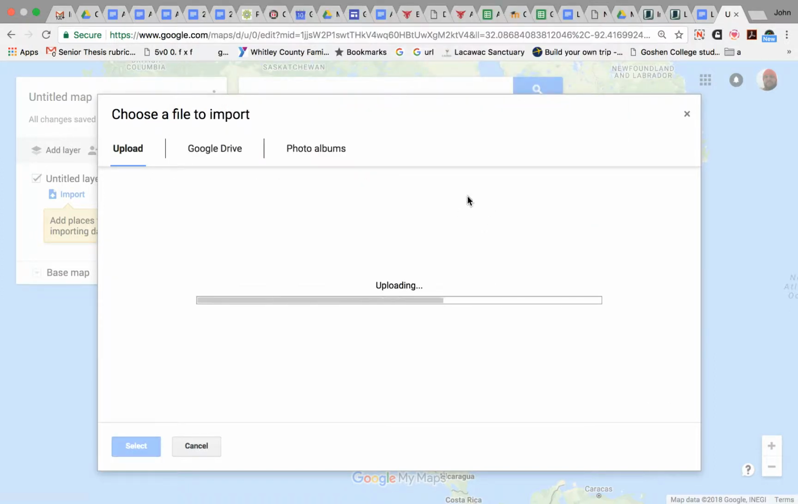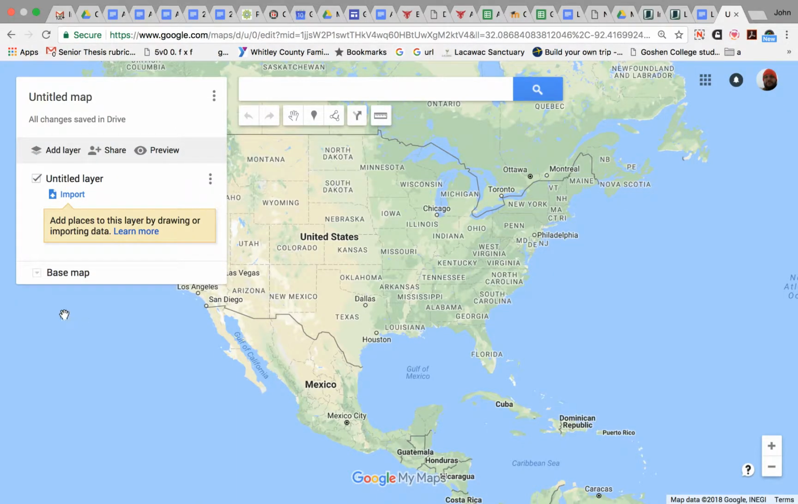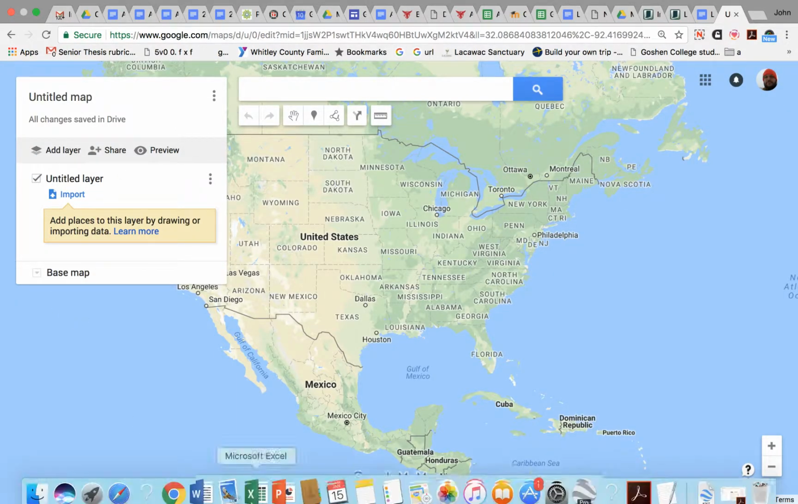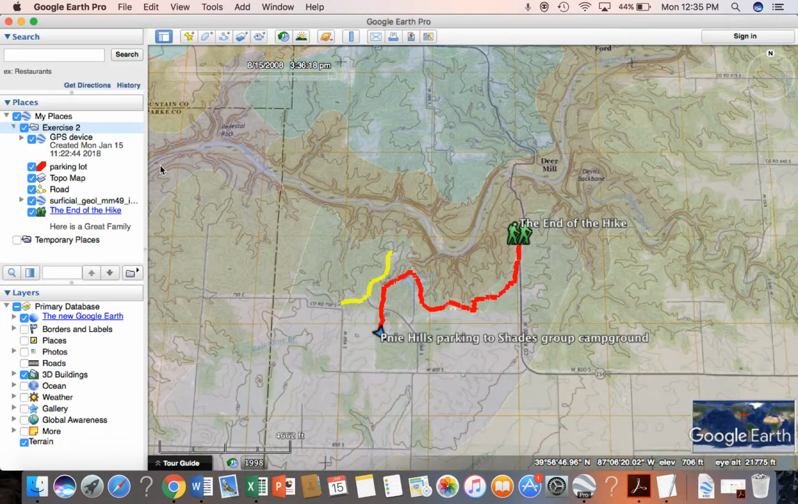Okay, so it's trying to import it. Oops, and it says it's too big. There's a 5 megabyte limit per layer. So what our other option is, you go into Google Earth, and you're going to want to do this for every layer,